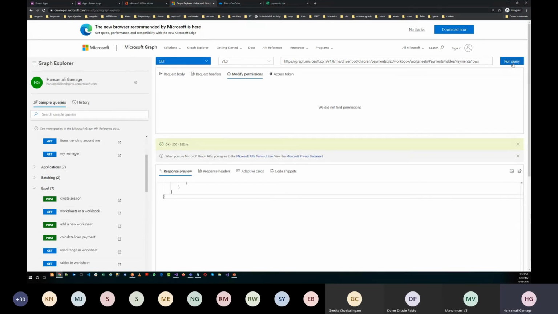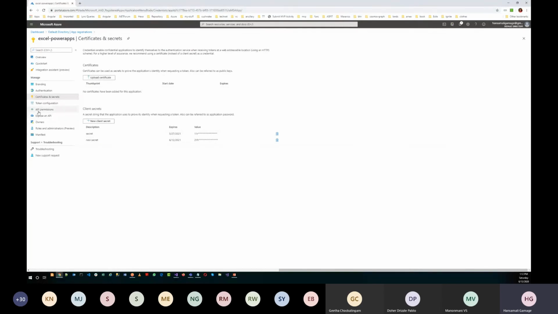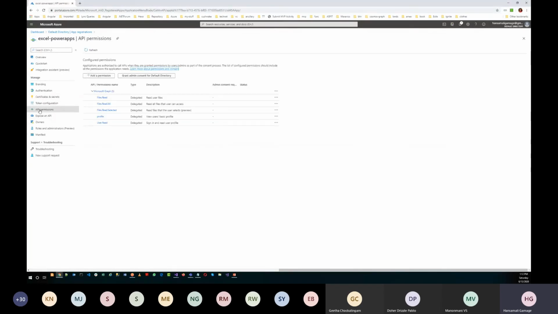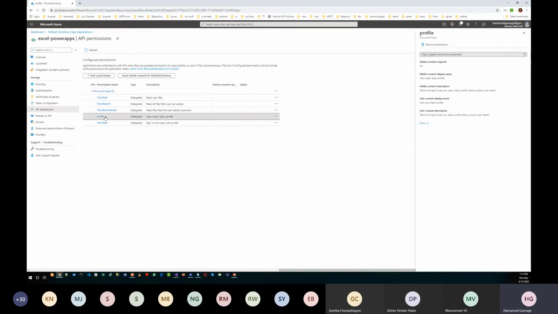Usually it should come here, maybe something is wrong here. So here you have to provide the permission. If we go to the application and API permissions in the AD, you have to provide the profile permission just to have a look at your profile.